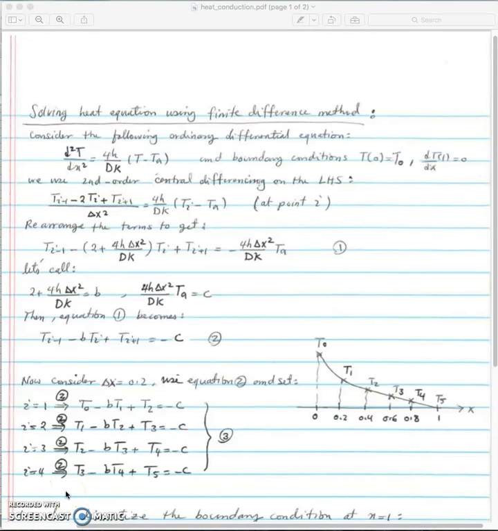Hi, in this video I'll be talking about how to solve the heat conduction equation using the finite difference method. So this is the heat conduction equation, a second order differential equation. T is the temperature, x is the position,